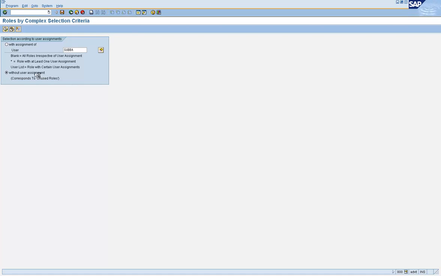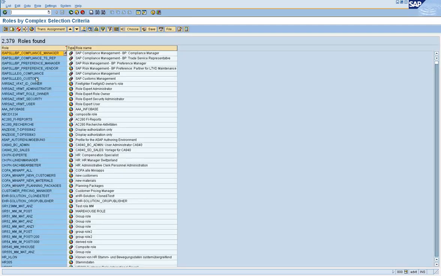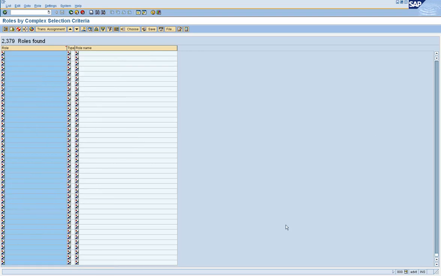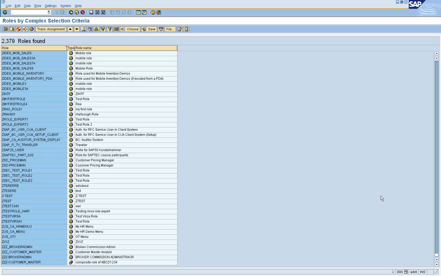You cannot find this information from the tables. You could, I guess, by keeping the user ID blank. So there are so many roles, 79 rows that are not assigned to anyone.